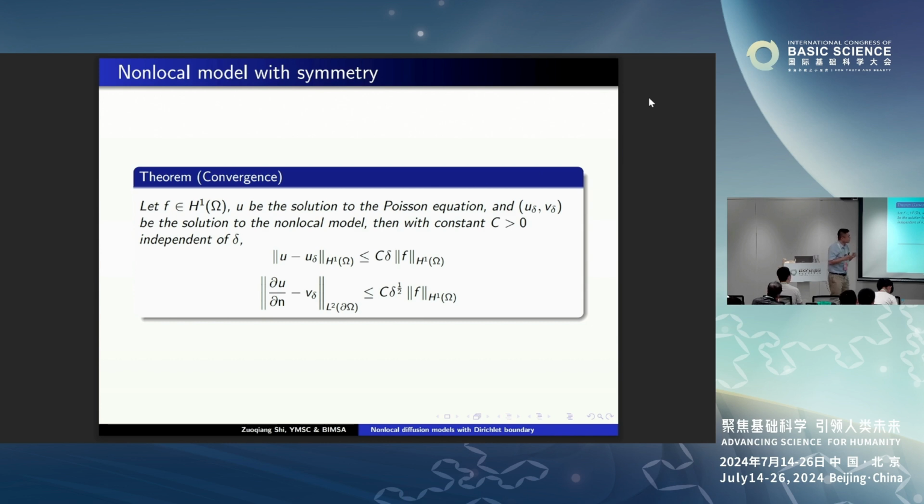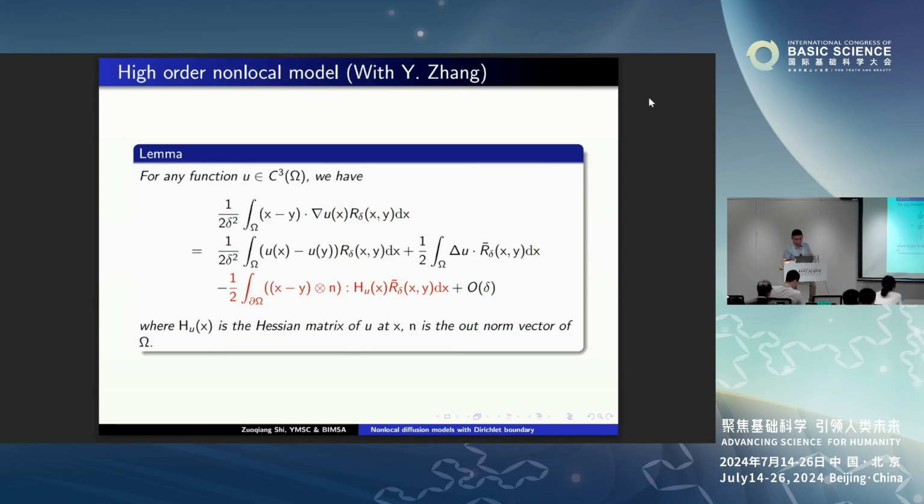So here, with the Dirichlet boundary condition, we also want to get a non-local model of second order convergence. But for this model, we can only get a first order convergence. Can we get a second order convergence model? The answer is yes. To get a second order convergence model, we need to go back to the error of